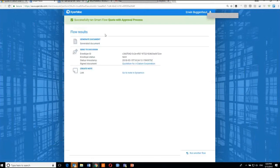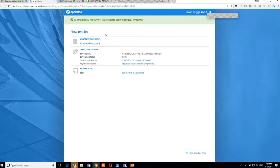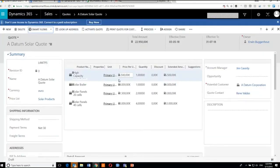So I just kept on talking until it actually happens, and there you go. I'm a slow talker, but I wasn't able to finish my sentence before it actually happened. So there you go. Our note has been created, so we can go to that note from here, or we can just go back into Dynamics, because I still have my